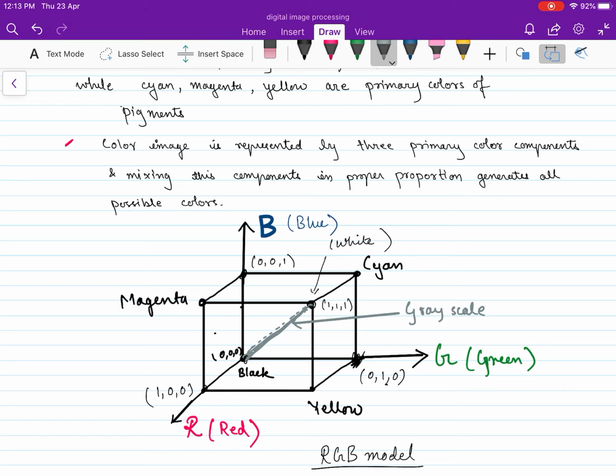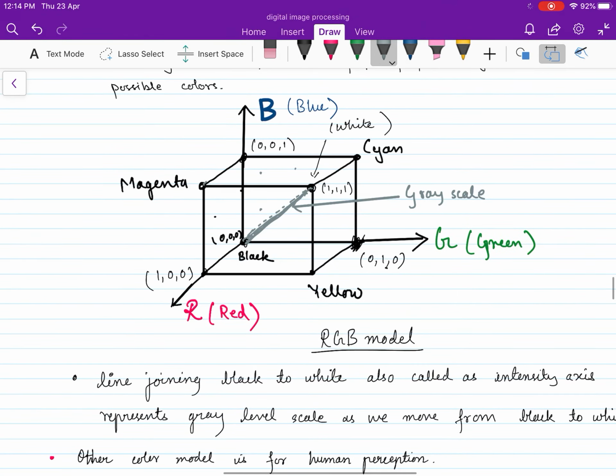Combining blue and red in some proportion gives us magenta, combining blue and green gives us cyan, and red and green gives us yellow. This RGB model is represented by a coordinate system, so any particular dot in this cube represents a particular color. It is obtained by mixing the colors in proper proportion.